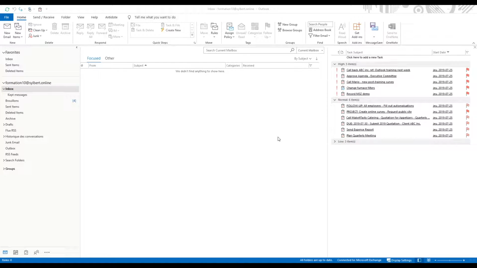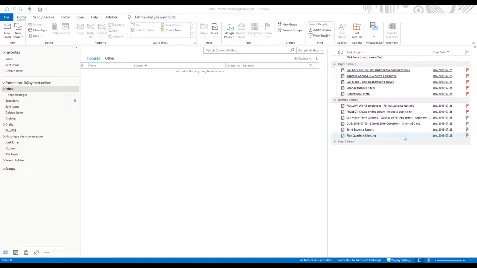So back in the inbox, I had 4 emails and now I have 0. When I'm checking email, I process them all at once. Then I go straight to my list of tasks and start tackling my higher priorities. I'll make sure I'm done with my high priorities before I go down my list of normal priority or say yes to something new.